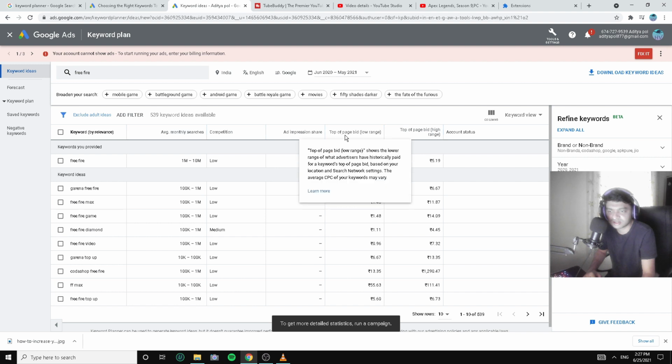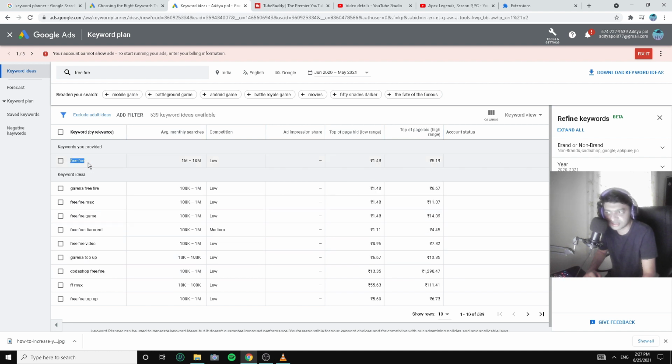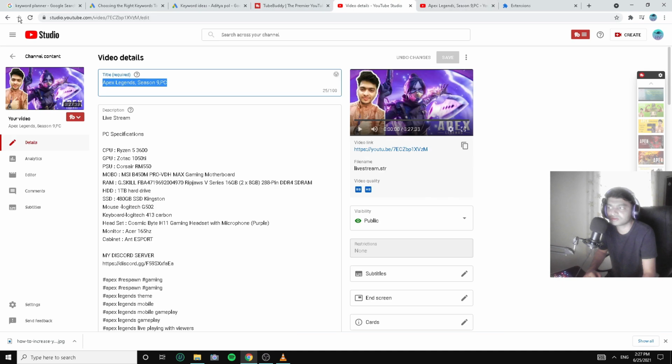It's like top of the page bid low range. You can see all the top of the page bid range shown here, and these are the high range shown. So you can use these as tags, like Garena Free Fire, Garena Max, Free Fire Game, Diamond, everything you can use. So all you have to do is copy these. So copy all,